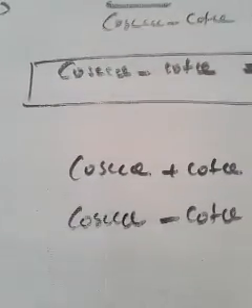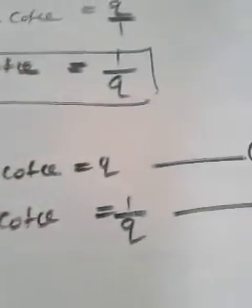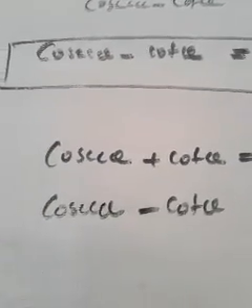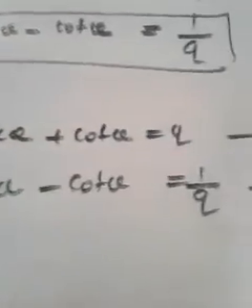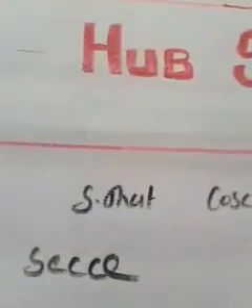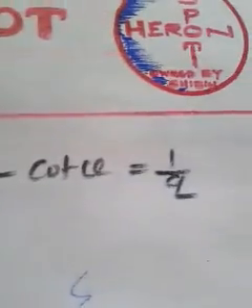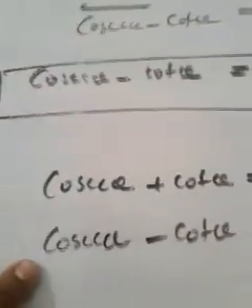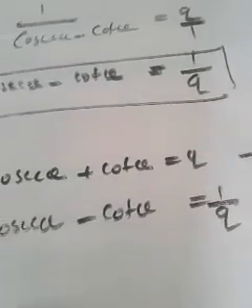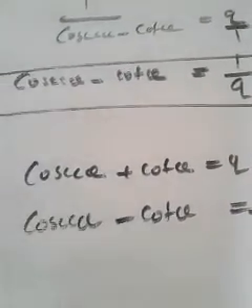Now in front of us we can see two expressions. The first one is the given thing already, and the second one we just derived. Actually we were supposed to prove that cosec theta minus cot theta is equal to 1 by q, and we proved that already. The first section is over, and the second section is to find out the value of sin theta and sec theta.